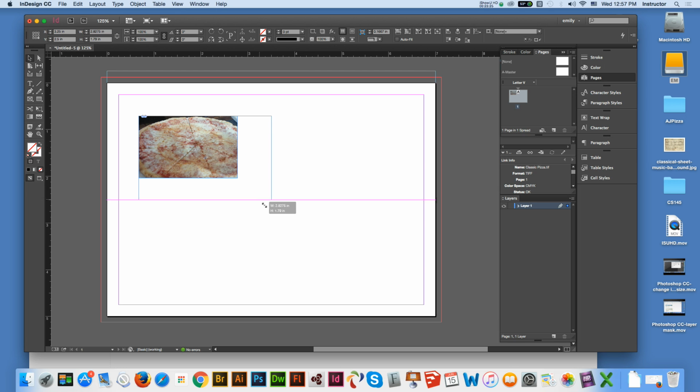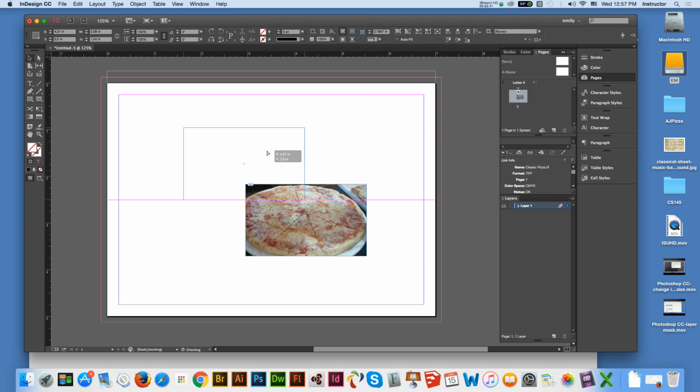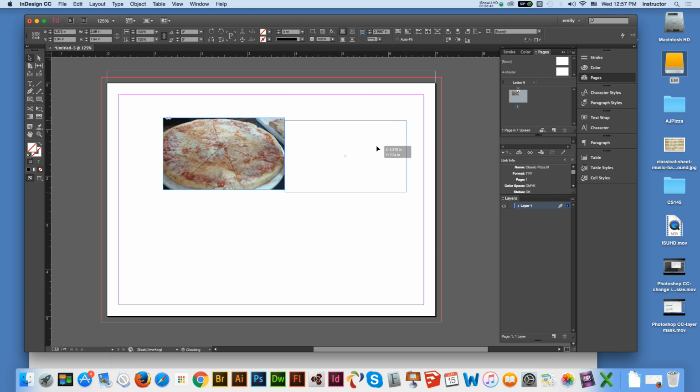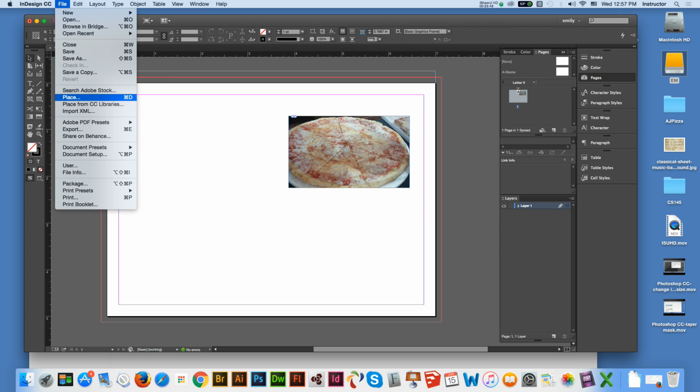If you look, that is a frame. It's separate from the image. You can shrink the frame down, increase the frame, nothing to do with the image. Okay? When you select them together, then you move them. For instance, I put it here. That's my one image. The other image,